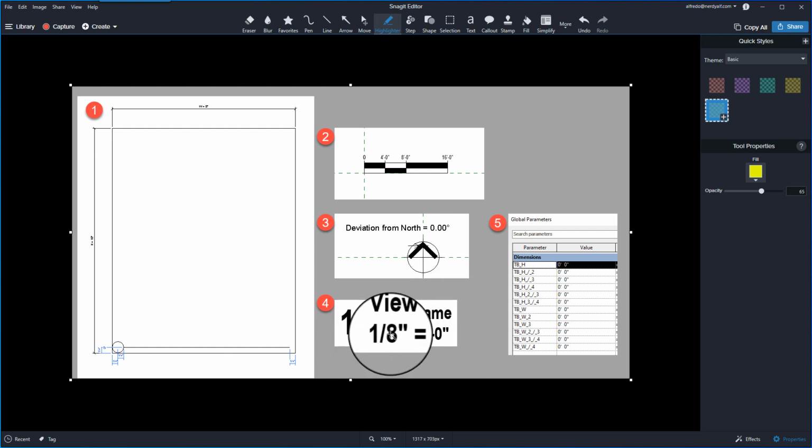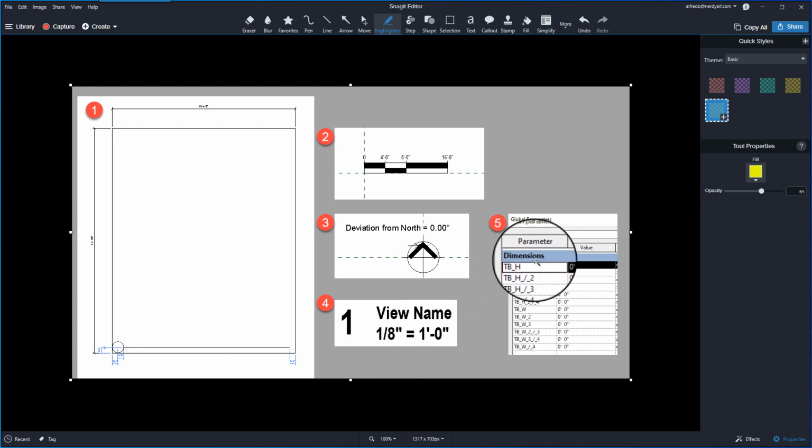A custom view title family in the project. And a set of global parameters in the project, like this one. We will do these items one by one. Let's begin with the first item, the title block family for the frame.